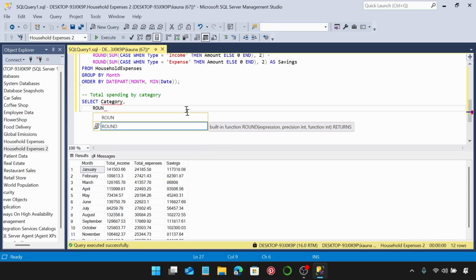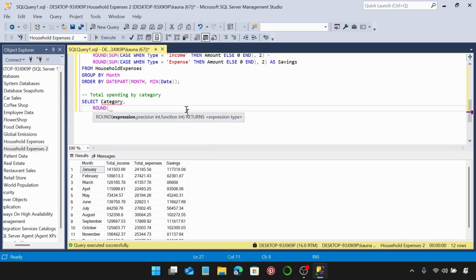I'm going to round it down. First, let's do sum, and we're going to add amounts here, and our result will be in 2 decimal places